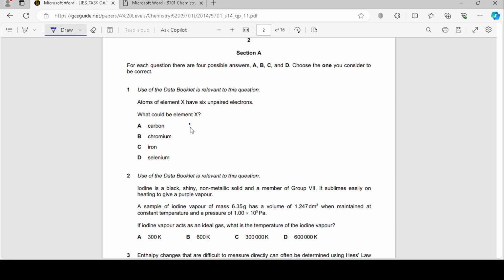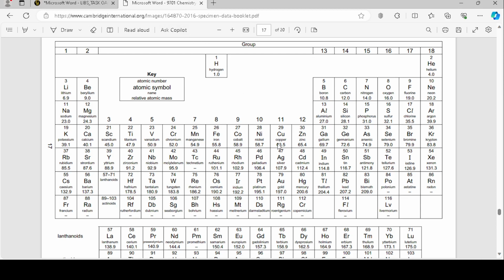So 1s2, 2s2, 2p2, that means that the s subshells are fully filled, 1s then 2s as well. Then as for 2p, that has 2 electrons that are unpaired. And that means that you need 6 unpaired electrons, so it can't be carbon then. If you look at chromium, chromium is where in the periodic table? Yeah, it's here. So then, we go 1s2, then this is the s block, so 2s2,